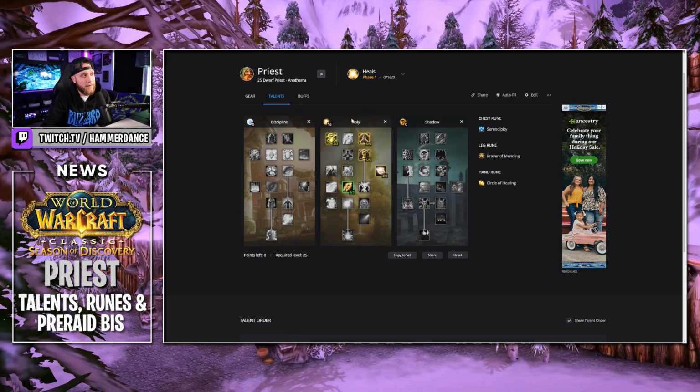Now, jumping into some of our talents, we put 5 points in Holy Specialization, increase the critical strike chance of your holy spells by 5%, 2 points into Healing Focus gives you a 70% chance to avoid interruption caused while casting any healing spell, and then we have Divine Fury, reduces the casting time of your Smite, Holy Fire, Heal,